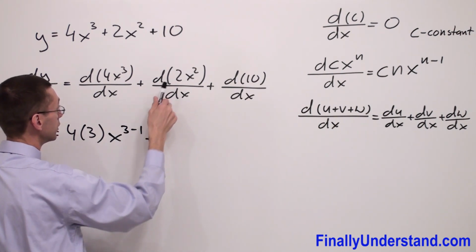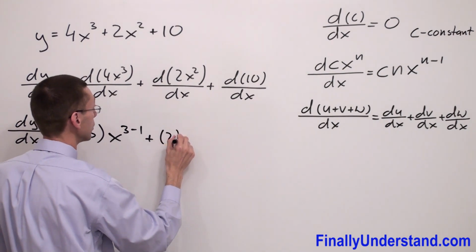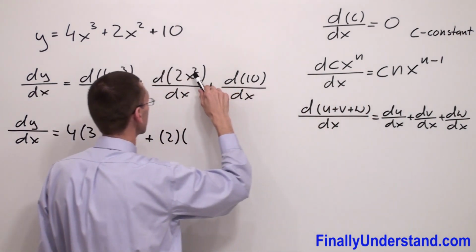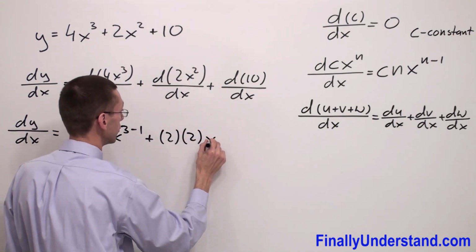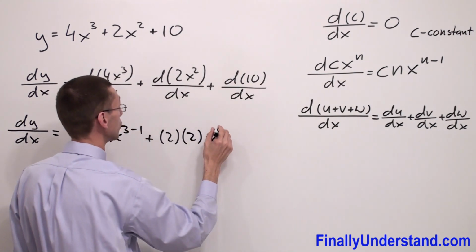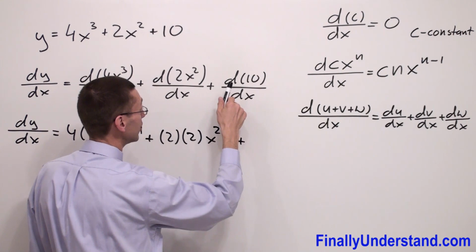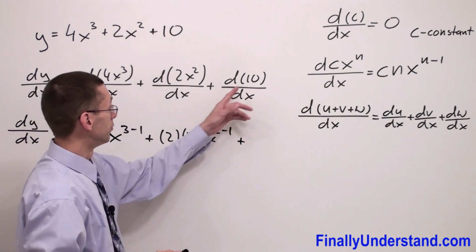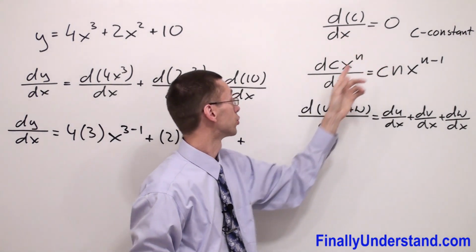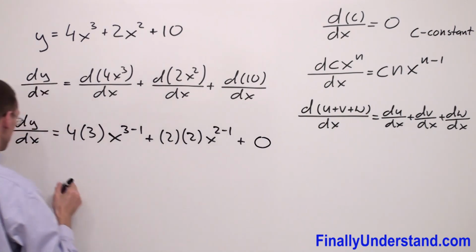plus the derivative of 2x squared. Constant comes down, and we have times the exponent, okay, my exponent is 2, and I have x, and I have n minus 1, exponent minus 1, so I have 2 minus 1, plus the derivative of the constant, okay, so derivative of a constant is equal to 0, so the derivative of 10 is equal to 0,